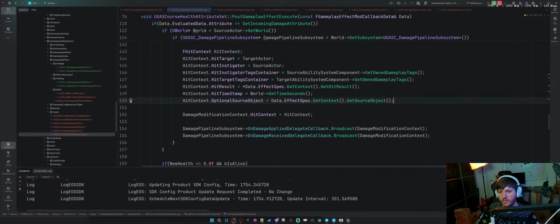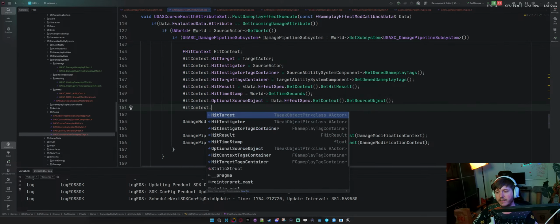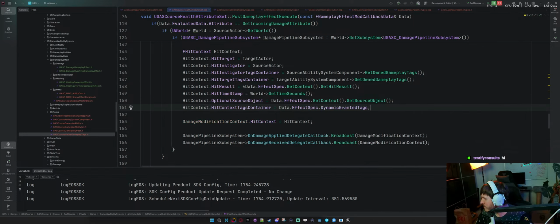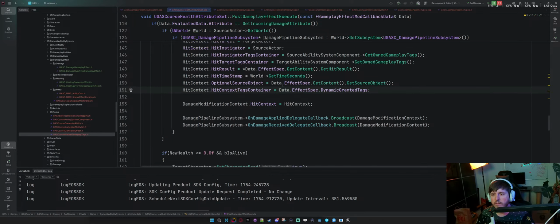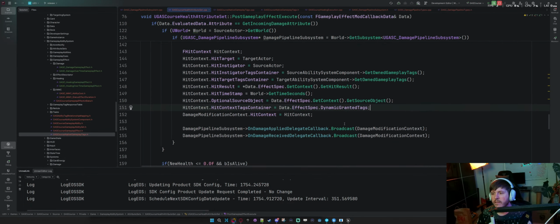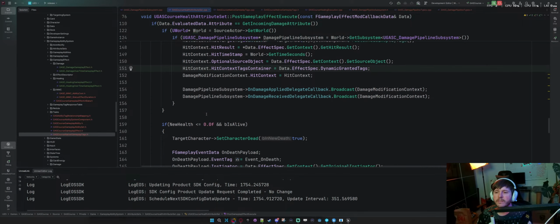Let's just assume we do something like hit context dot context tags container equals data dot effect spec dot, let's just put all the stuff in there as well. And then we add the hit context like that.